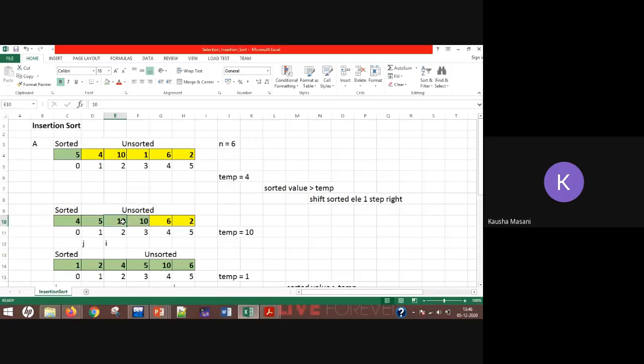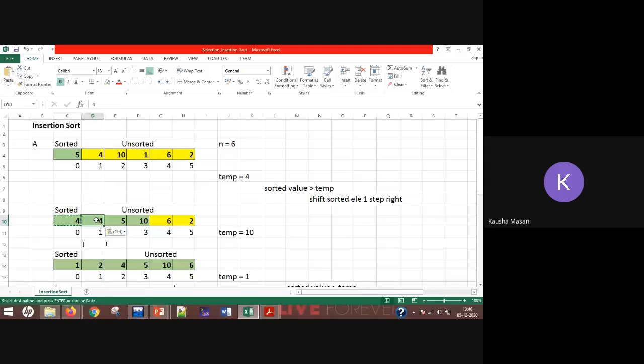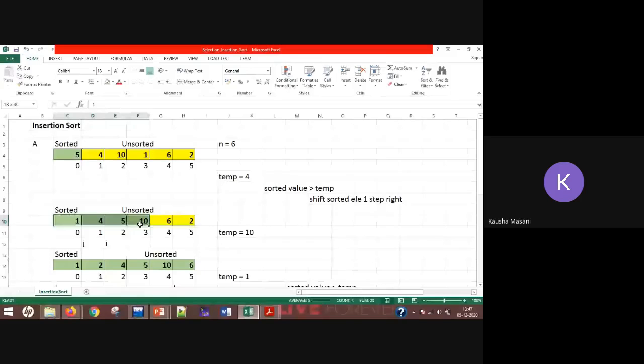ये जगह एम्प्टी हो गई अभी, ठीक है। अभी again check, 5 is greater than 1, yes. तो क्या करोगे, इसको 5 को वन स्टेप राइट में पुश किया, ठीक है। तो 5 is here. अभी again 4 is greater than 1, yes, तो क्या करोगे, 4 को एक स्टेप राइट पुश किया। 1 is greater than 1, no. Then what can I do, here, तो वहां पे आ गया। तो अभी मेरी सॉर्टेड ऑर्डर क्या हुई, 1 4 अनसॉर्टेड 6 और 2।